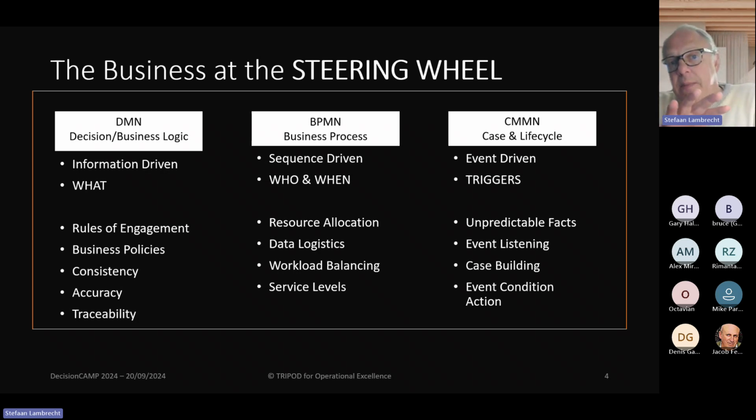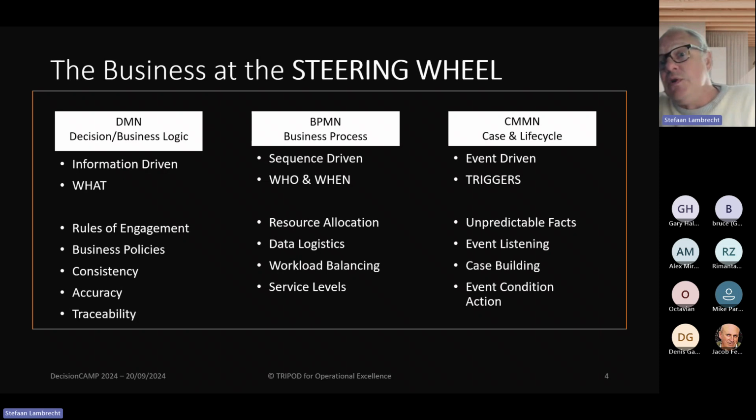And then, process is mostly sequence driven. So that is mostly the actions that need to be taken. They need to follow a certain pattern. For instance, decisions need to be taken by appropriate credit risk committees, etc. That also needs to be monitored very closely. But that is a process that is in a sequence-driven way, well-defined, and can easily be put in BPMN models.